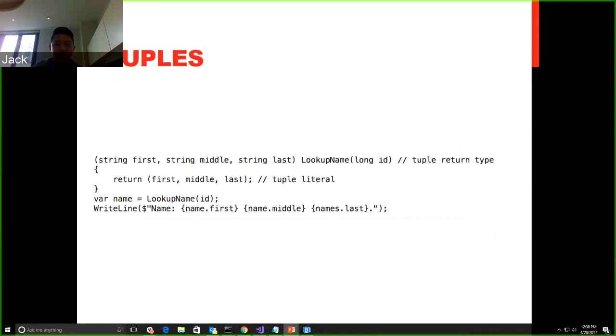Next up is tuples. Tuples allow methods to basically return multiple values. For example, you can define a method called LookupName with an ID, and before that you would define string first, string middle, string last, and these could be anything. It doesn't necessarily have to be first, middle, and last. You can name it like first name, middle name, or last name. Inside the method, you would basically just return first, middle, or last, or whatever the values you want it to be. And then you would set that down here, when you call it, to be variable name equals